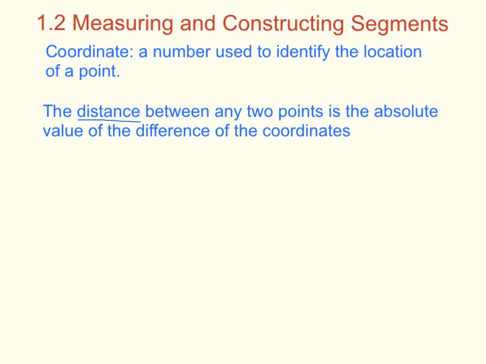So what does that mean? It means that if the coordinates of points A and B, so let's draw a line here. And on that line we have 2 points. We have point A and we have point B. Now, if we're talking about the coordinates of point A and B, let's let them be lowercase a and lowercase b. Then the distance between point A and point B would be the absolute value of the differences